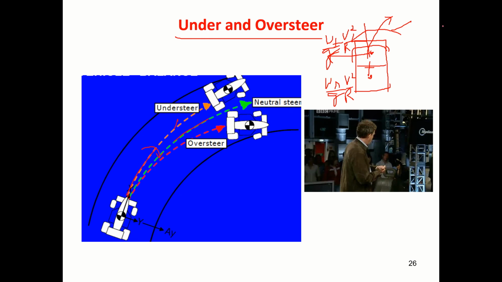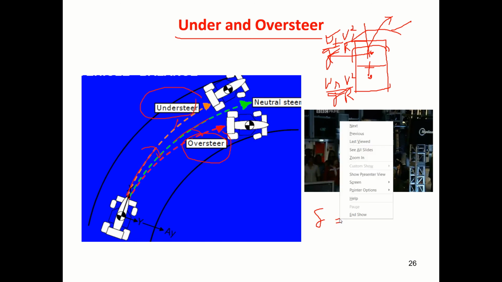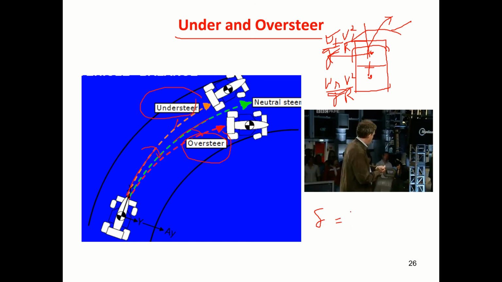Suppose it is the other way. This load is less, this load is more. Then even if I give the correct steering input, instead of steering only this much, it will steer more than what is required. Such a case we call oversteer. This is understeer, and what is intended we call neutral steer. Later I will call that the steering angle delta, and at that time I will tell you what exactly this value should be.